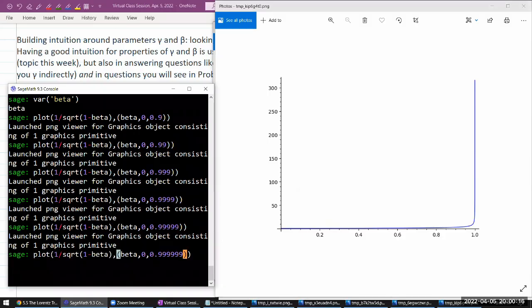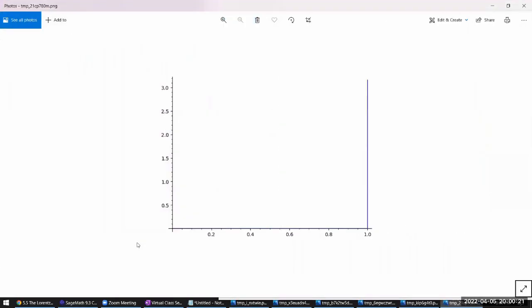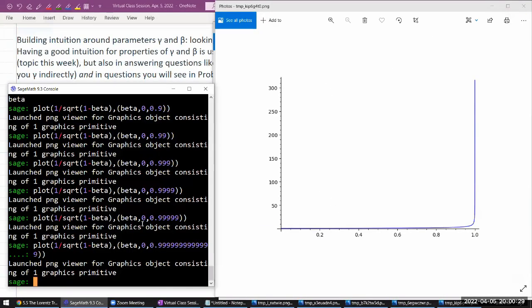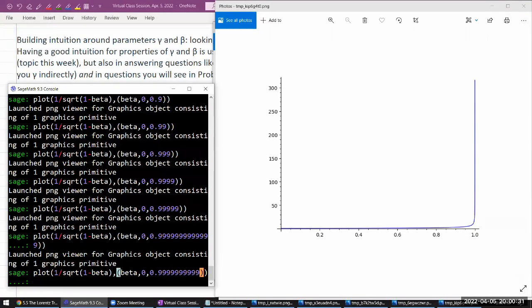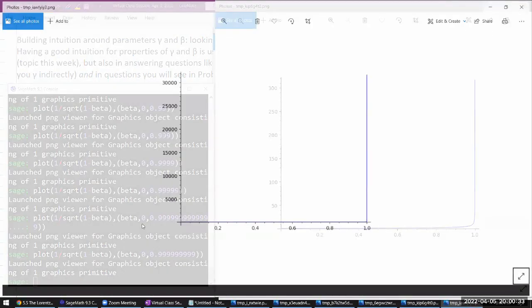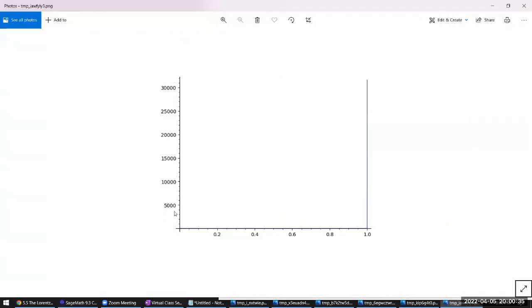And let me just put many more 9s here. At some point it'll complain, I think. But yeah, I think I messed it up. I don't know how it's plotting, but I think I don't have enough samples for that. So anyways, that's how gamma depends on beta, and this relationship is a bit